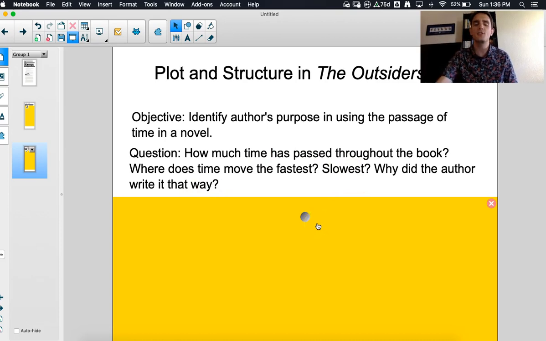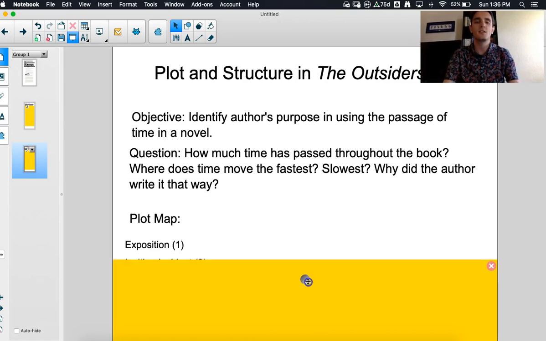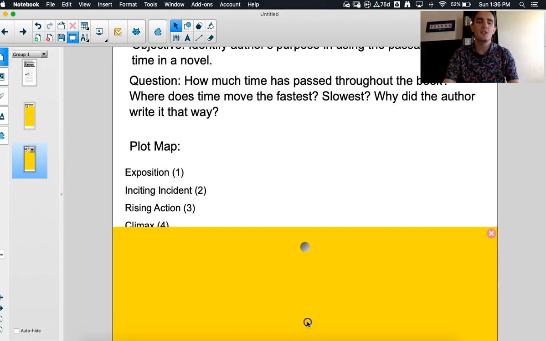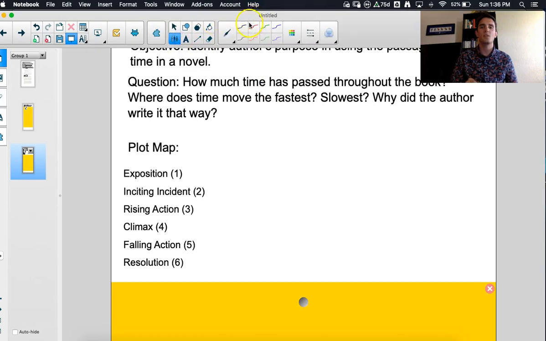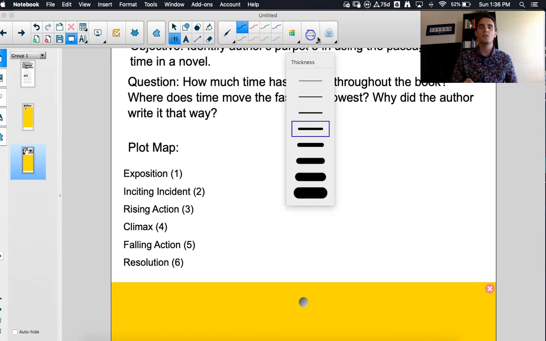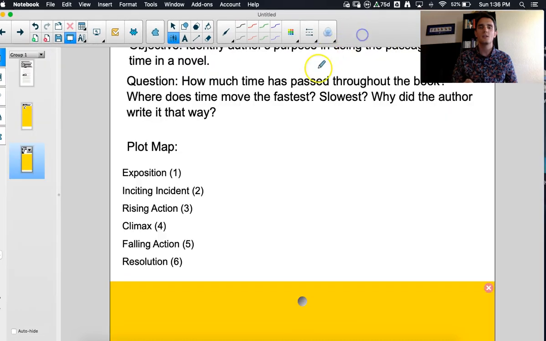Before we get into talking about why an author might choose to do this and my example in The Outsiders, I do want to take a second to kind of talk about your basic plot map. And so by now, most of us have seen and we've done some work with this before. So I'm not going to go into a ton of detail with it. Get my drawing here. So we all know, you'd start down here, you'd go up, you go down,